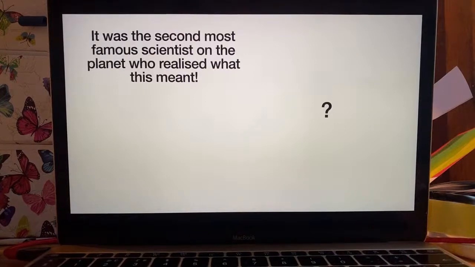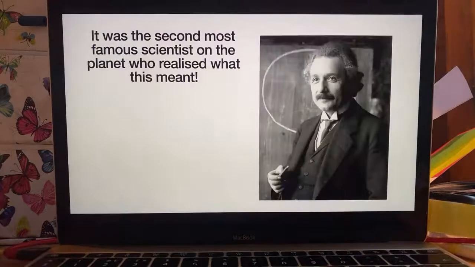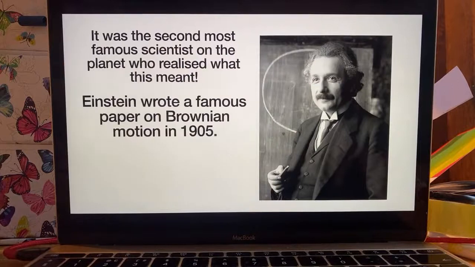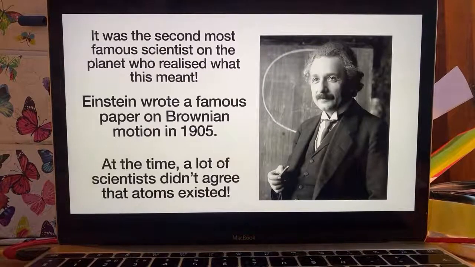Everyone on Facebook said the other one. You got a name in your head? I was thinking Einstein, because Newton's the most famous. Everyone was saying Newton, maybe Einstein's the most famous. I don't know. Anyway, but Einstein wrote a very famous paper about this Brownian motion in 1905, because like I